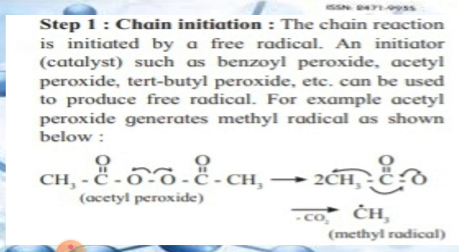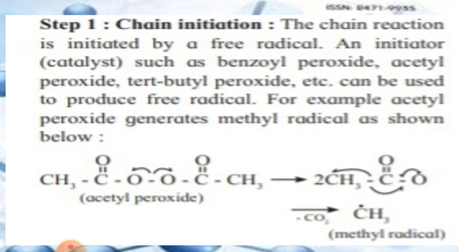and the bond will break between oxygen and oxygen, and it gets converted into 2 CH3, C double bond O, and this oxygen becomes unstable. This oxygen will develop a free radical over here. Now the reaction will proceed. This intermediate compound will liberate carbon dioxide. The CO2 will be liberated out.